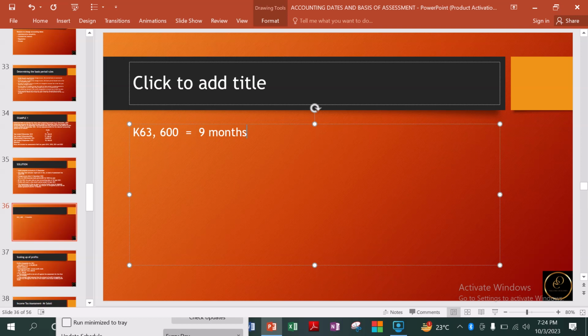So what we are worried about is what figure we should look for that has to do with 12 months. Basically, that's what we're looking at. So what we do in this case, we cross multiply and solve for x, meaning that x in this particular regard will be equal to